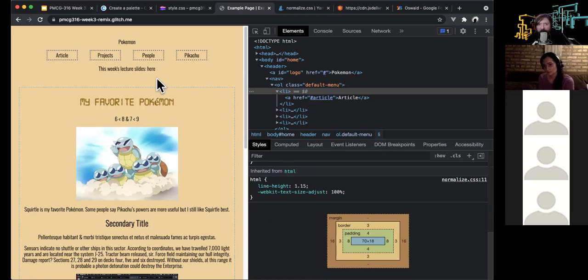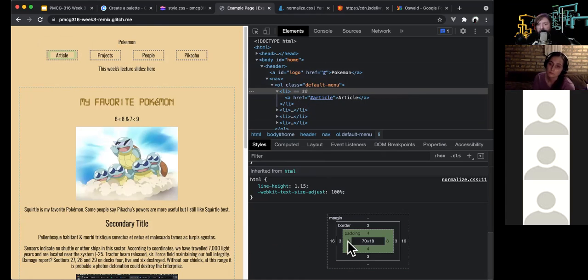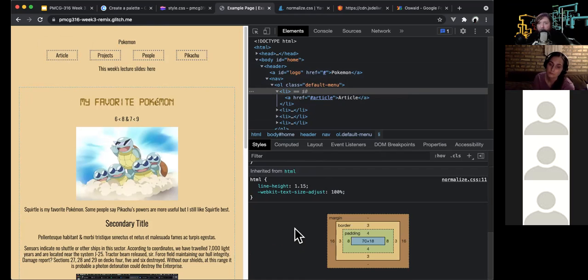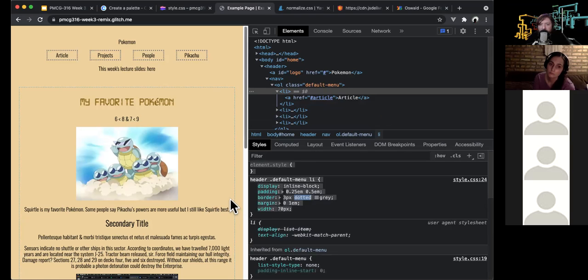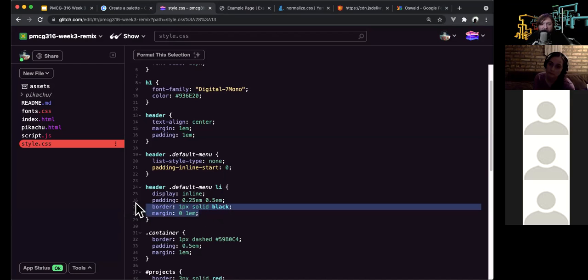But if we go down, if we look at this, you can see the actual computed width that we're showing is 92, even though I said 70. That's because it's 70 plus padding, border, and margin. So the way around that, let me do something here. The way around that